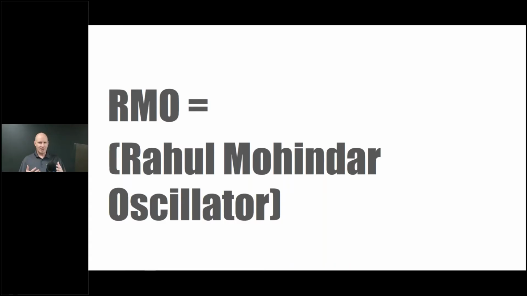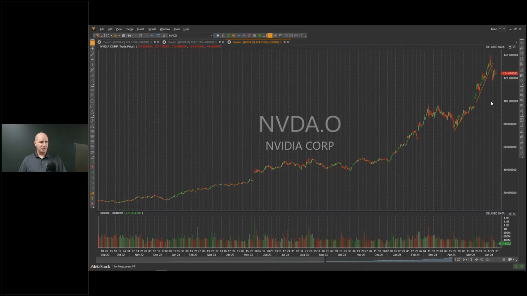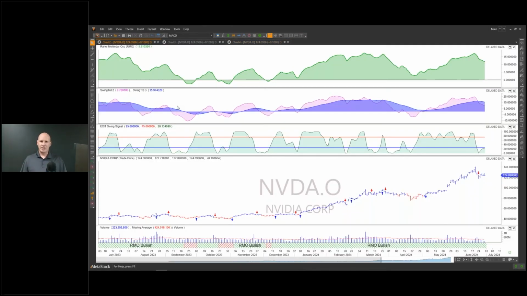Now, if we talk about these time frames, we want to be able to see them visually. So he developed a system to help us do just that. And the system he developed is called the Rahul Mohinder Oscillator, or the RMO. And that's what we're going to refer to it as from here on out. Now, it's very, very easy to use. We're going to go back to our chart here, and I'm going to show you NVIDIA with that trading system,